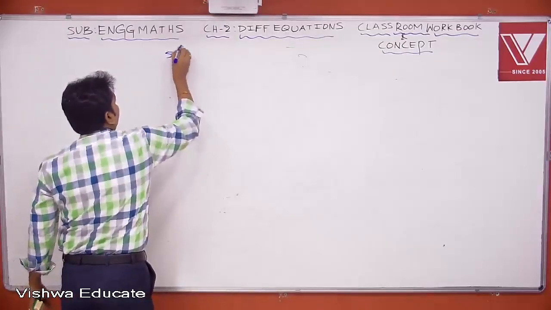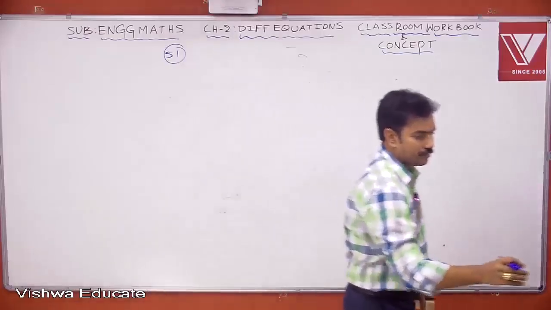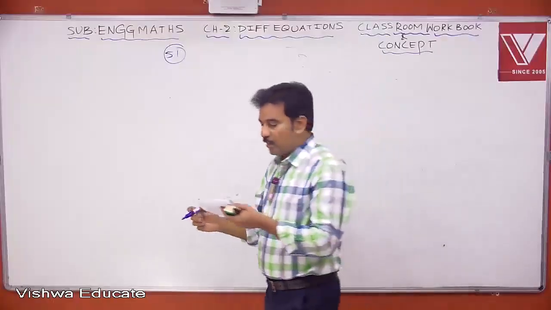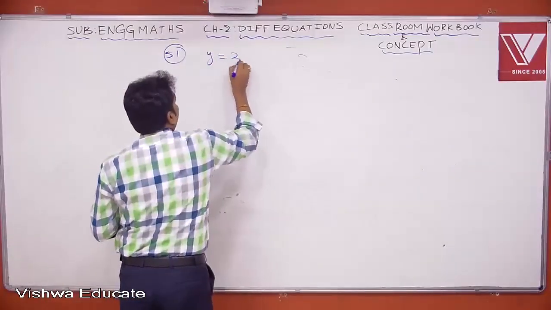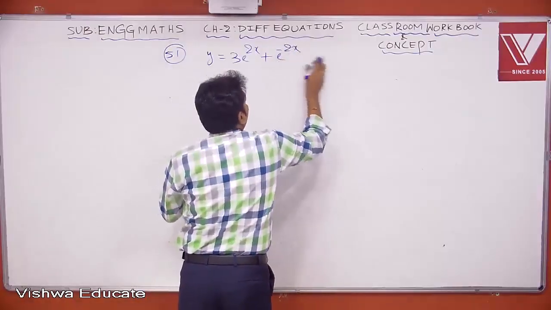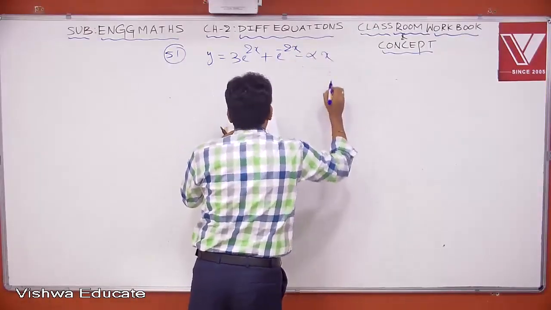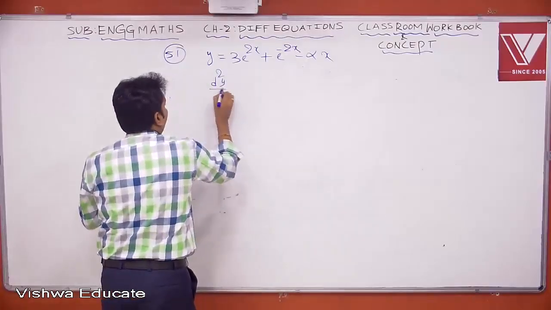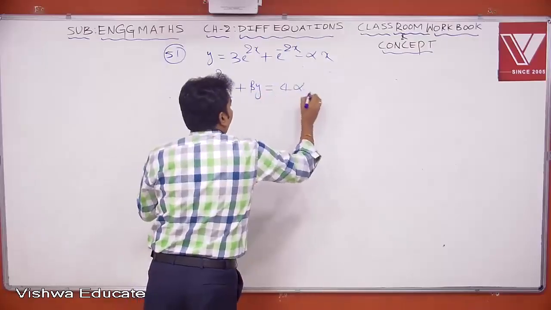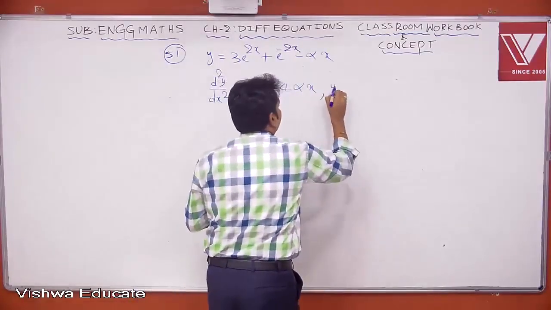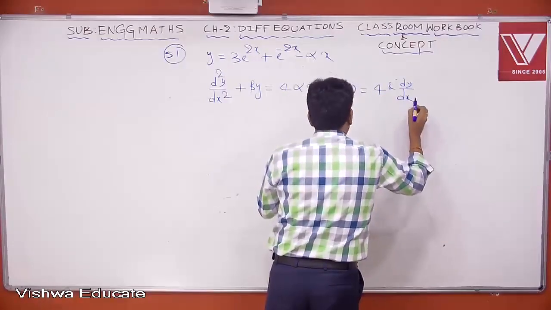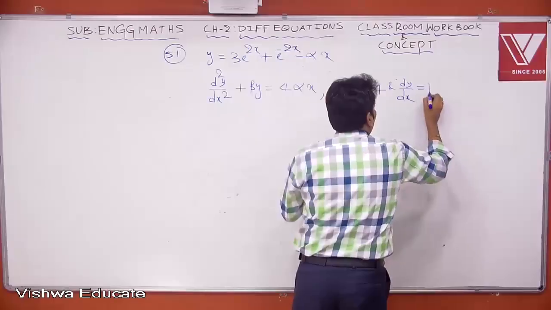Next we discuss question number 51. If y equal to 3 e power 2x plus e power minus 2x minus alpha x is a solution of d square y by dx square plus beta y equal to 4 alpha x with the boundary conditions y of 0 equal to 4 and dy by dx equal to 1 at x equal to 0,